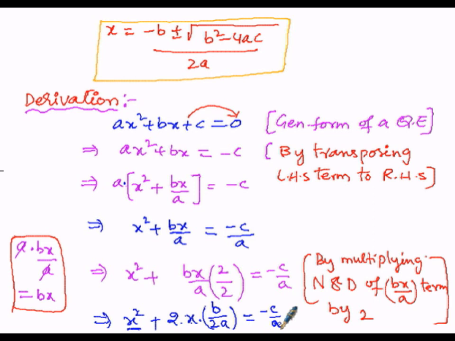So here the next logical step will be, by adding b divided by 2a whole square on either side of the equation, that is equal to, so here square is applicable for both, it is in the form of a by b whole to the power of m, a power m divided by b power m, that is b square divided by 2a whole square.